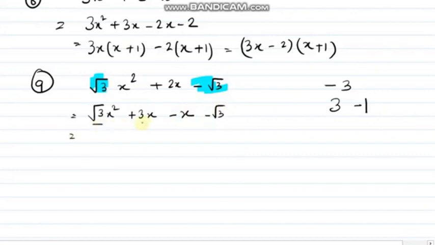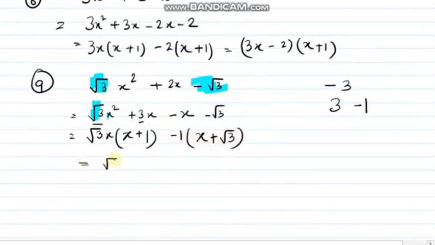So root 3 and 3, can we take root 3 as common? So root 3x if I take common, just check, I am taking root 3 common and 1x common. So x will remain there and plus 1 will be there. I will take minus 1 common from this, so it will become x plus root 3. So the answer will be root 3x minus 1 into,